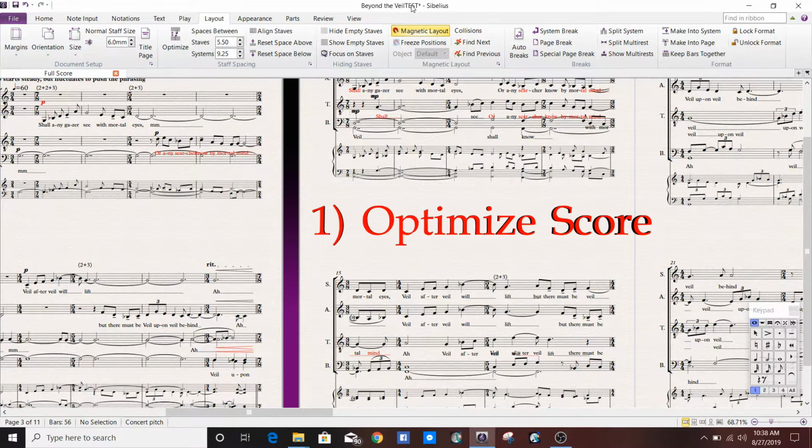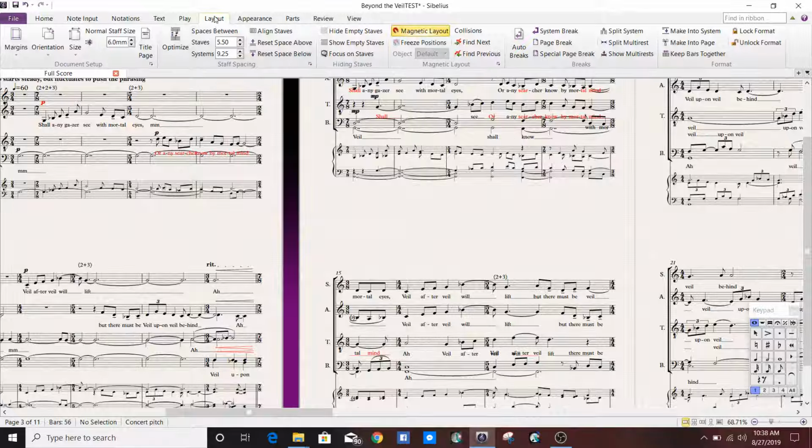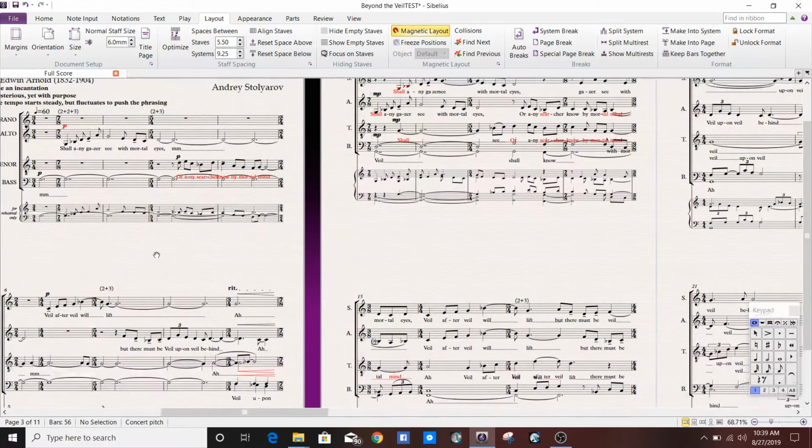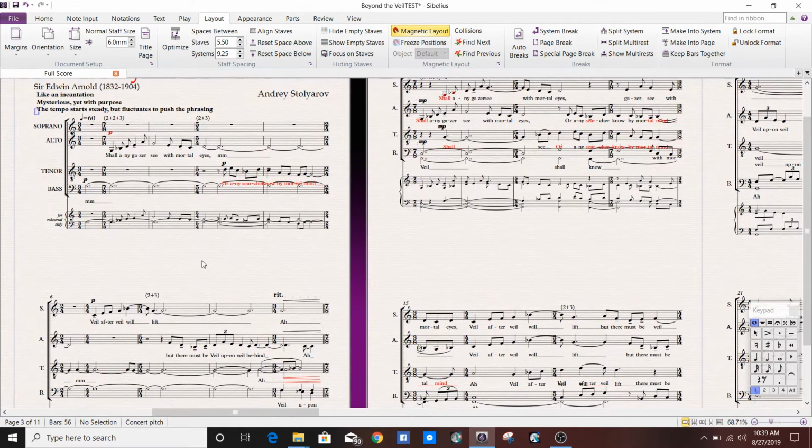The first tip I'm going to be showing you is the Optimize feature. Now the Optimize feature is under the Layout tab, and it's right here. Basically what this does is when you click this button, Sibelius will decide what kinds of spacings it prefers